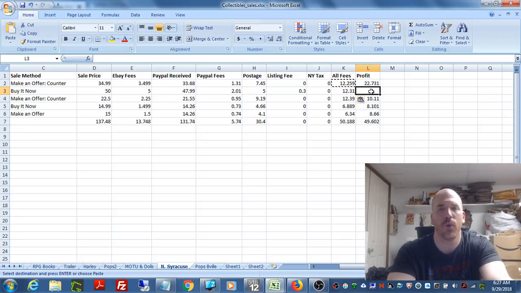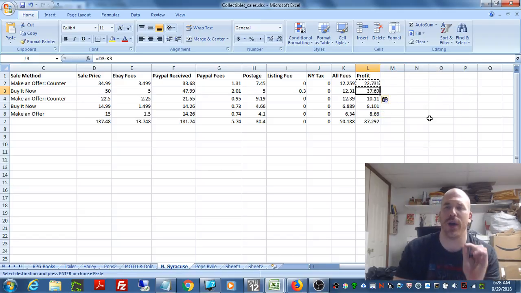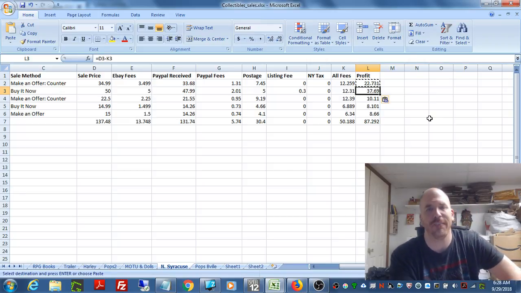So now we want to determine what the profit is. Well, the profit is very simple to figure out. The profit is the sales price, so that's D2, minus all the fees. So it's D2 minus K2. So all you do is put that in the function field, and you just paste it right here, and there you go. That's how much you actually made in profit. $37.69, not $50, not $45,